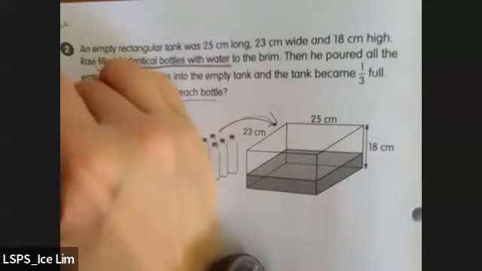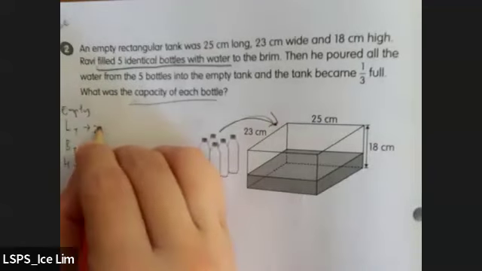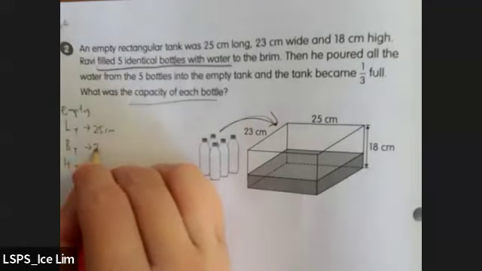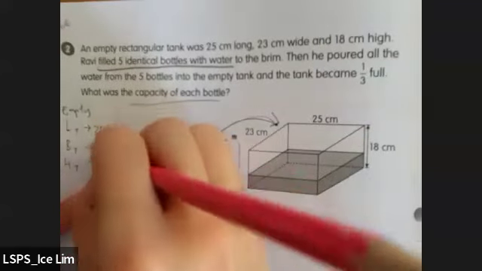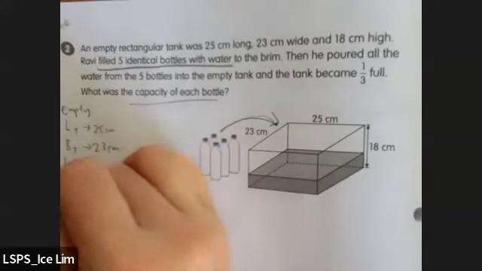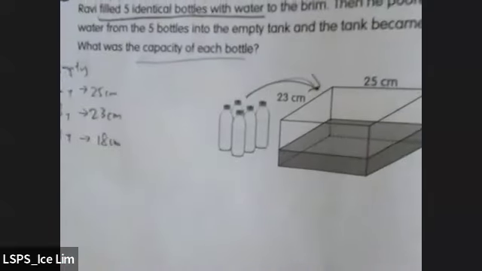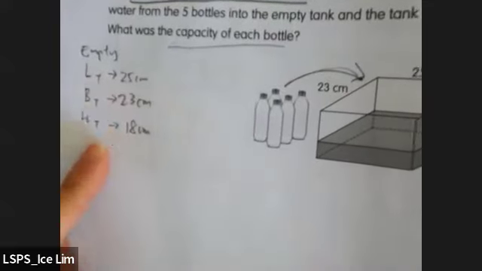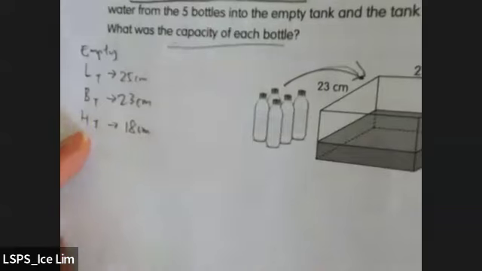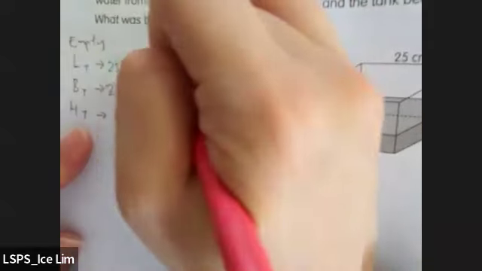This is the empty tank. It is 25 centimeter long, 23 centimeter wide, and 18 centimeter tall. This is empty. Okay, on page 156. Then it says when it's 1/3 full,